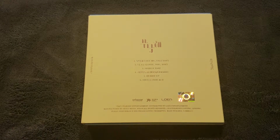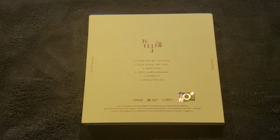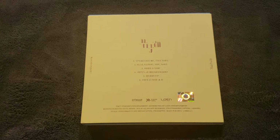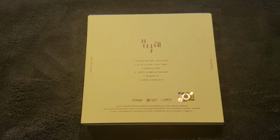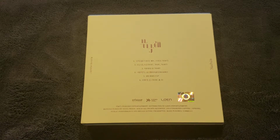This album did not have any skips for me. It flows really well. There's no song that doesn't fit in here. It does slow down after the third song, but yeah, I thoroughly like this album. It's probably my favorite